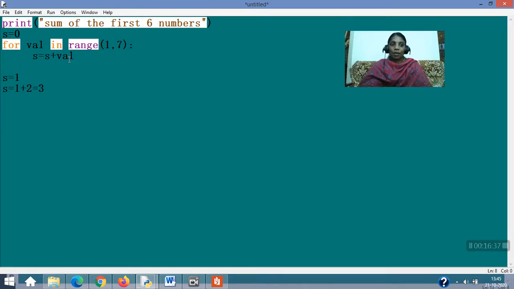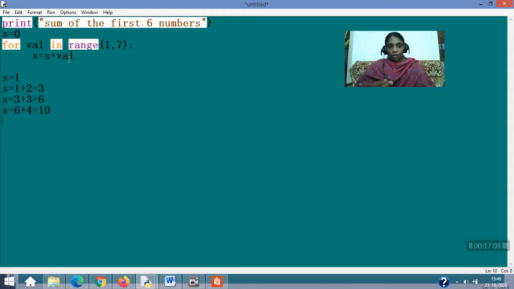Okay, third time, what is in val? Val is having 3, correct? 1 2 3 went, so now s already has 3, so 3 plus 3 you will get 6. Again you have the next value, val is 4, so 6 plus 4 you will get 10.